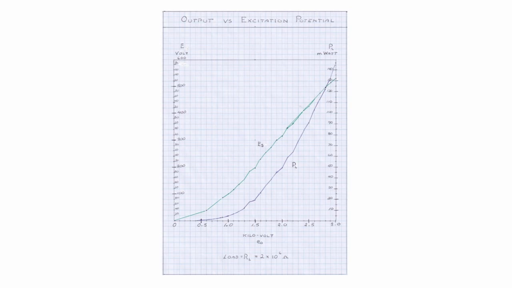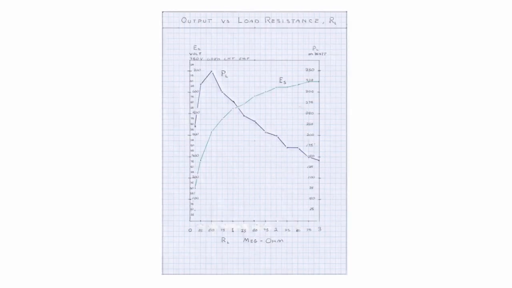So here the machine is producing almost 600 volts with a load resistance of 2 megohms on the output of the transformer. Okay, the next drawing. This is basically the output power versus load resistance. As the load resistance increases, or more properly, as the load conductance decreases, the electromotive force on the secondary goes up in a logarithmic fashion.